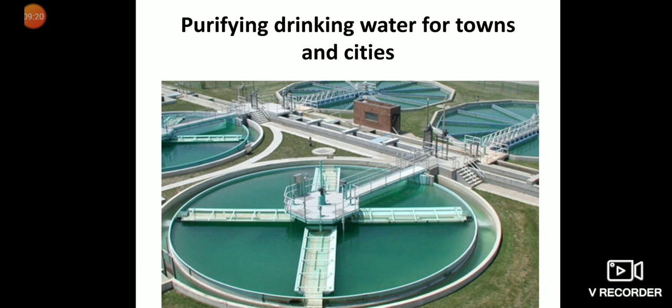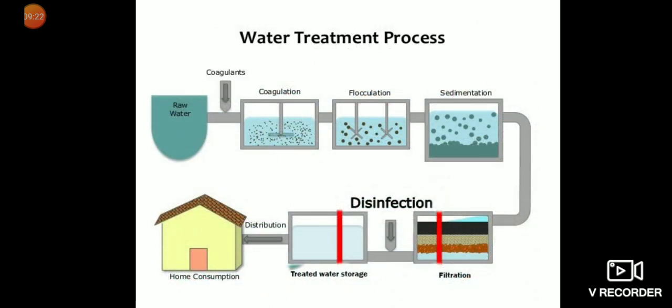Now let us see the process here. This is the water treatment process I have shown. Water from water bodies like rivers, ponds, lakes, etc. is taken. Then it is mixed with alum or some chemicals which help to settle down the heavier particles at the bottom of the big chambers. So here alum is added